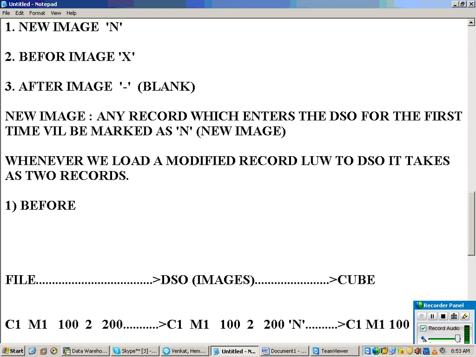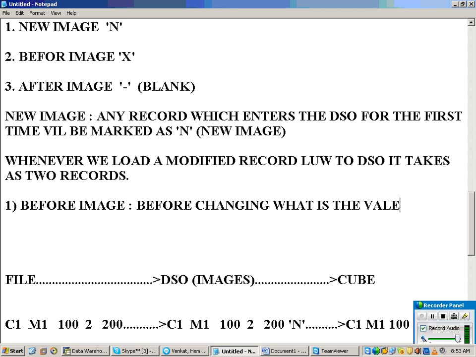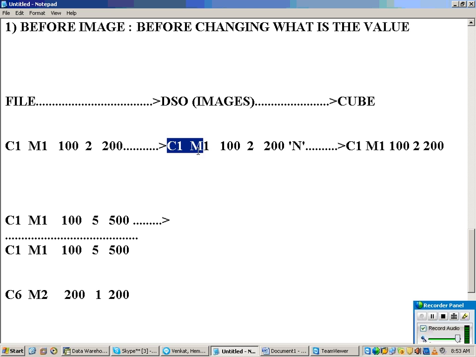What are the 2 records? One is your before image. Before changing, what is the value? It's the same record as N, but with the key figures multiplied by -1.